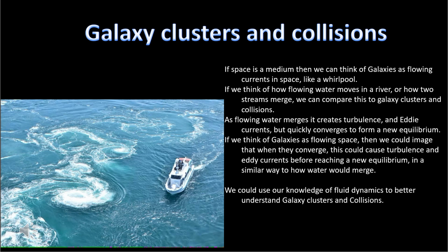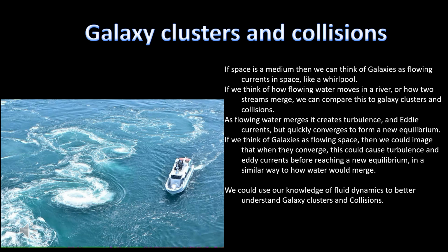If space is a medium, then we can think of galaxies as flowing currents in space, like a whirlpool. If we think of how flowing water moves in a river, or how two streams merge, we can compare this to galaxy clusters and collisions. As flowing water merges, it creates turbulence and eddy currents, but quickly converges to form a new equilibrium. If we think of galaxies as flowing space, then we could imagine that when they converge, this could cause turbulence and eddy currents before reaching a new equilibrium. In a similar way to how water would merge, we could use our knowledge of fluid dynamics to better understand